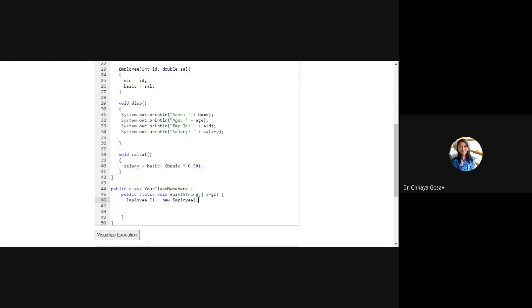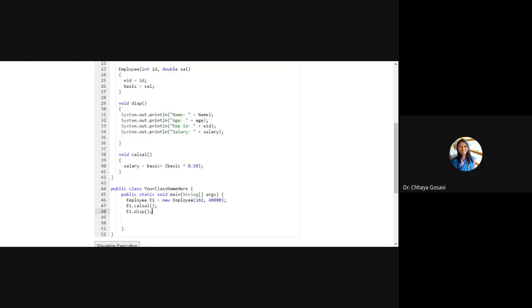Employee ID is say 182 and salary is say 80,000. Sorry, we have to pass basic salary, say 40,000. And then first I have to call the calculate salary function, and then the display function, E1 dot display.